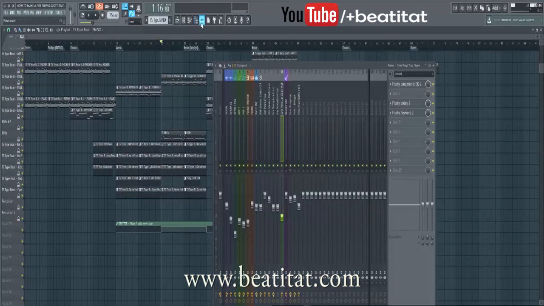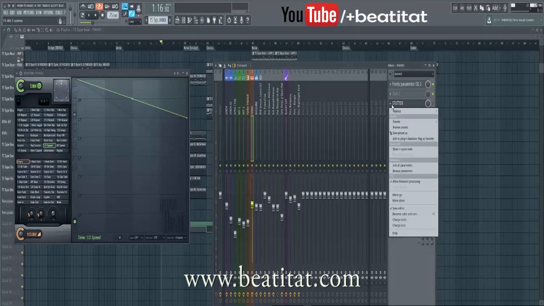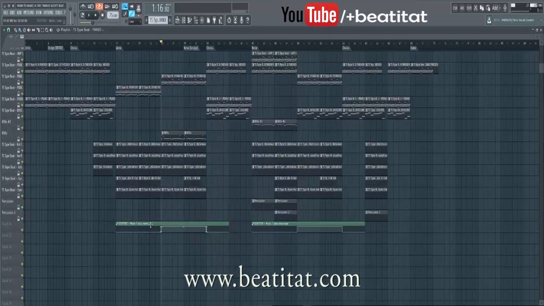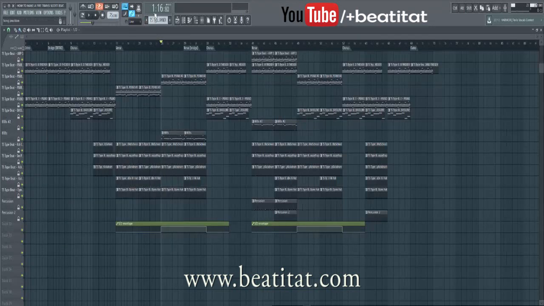And what I did was then grabbed the piano and pulled a half speed. I originally had it as a stutter, but I changed it to a half speed. So if we listen to the piano,